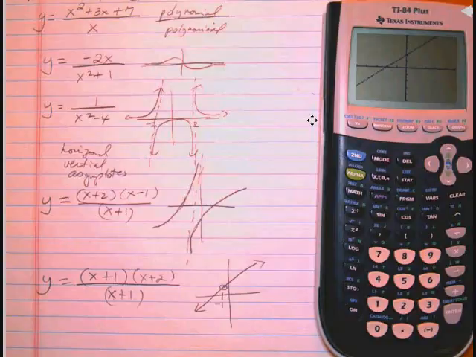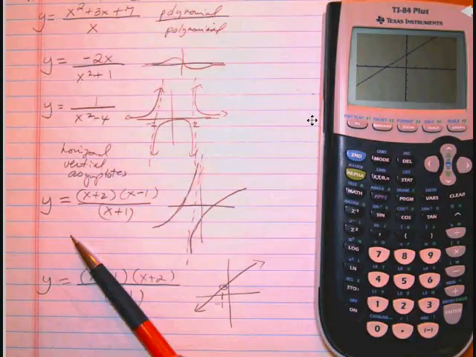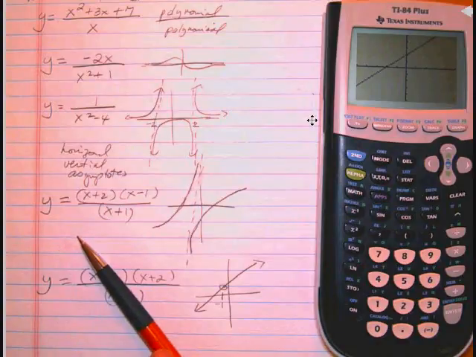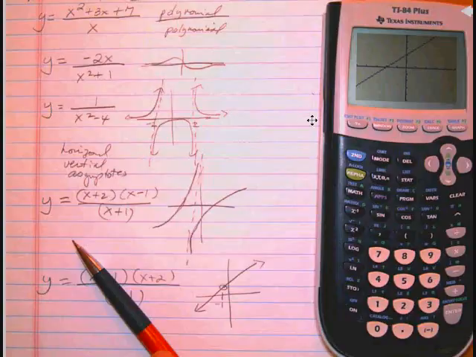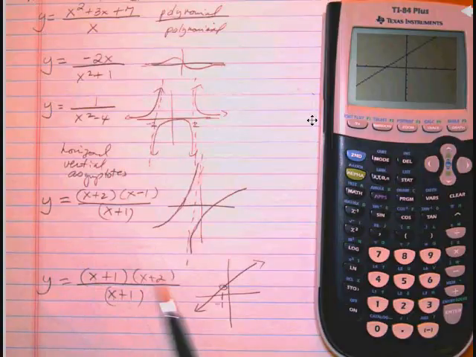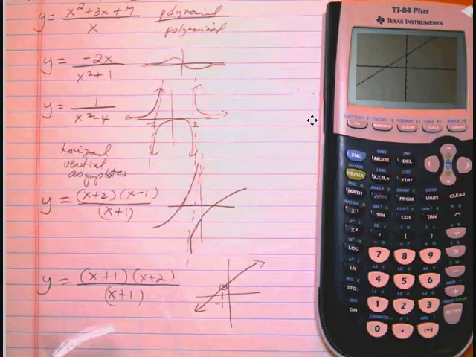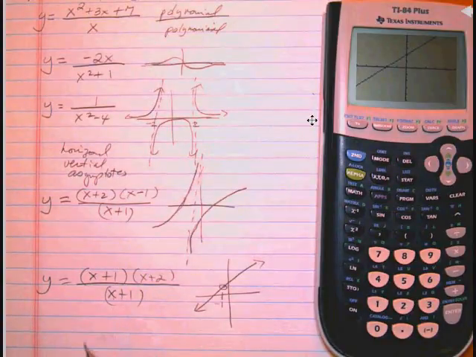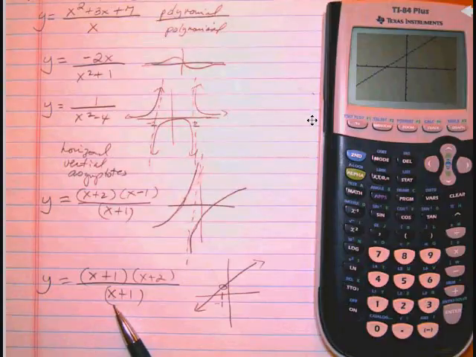Why does this graph end up looking like a line? Because these two cancel out, and it ends up looking like x plus 2. It looks like the line x plus 2, y-intercept of 2, slope of 1. But because my original function was actually a rational function that had an x plus 1 on the bottom of the fraction, I cannot let the bottom of the fraction be equal to 0. So if x is negative